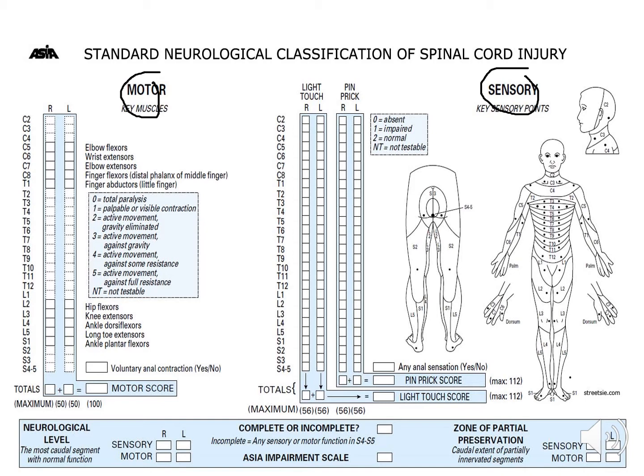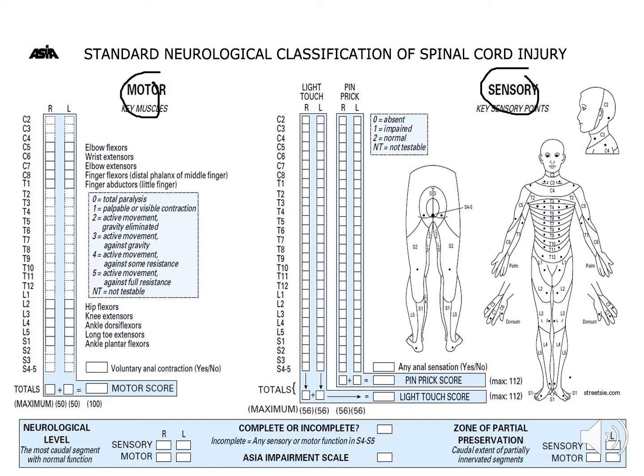Using that pinprick and that light touch, you have a little cheat sheet there with the dermatomes. You would do the same to grade the motor level. You would go towards the most caudal intact motor myotome. So we've been working with C5 as one of our examples. So this patient has a 3 out of 5 for the elbow flexors, and everything above that is 5 out of 5. Therefore, the patient is classified as a C5 neurological level.